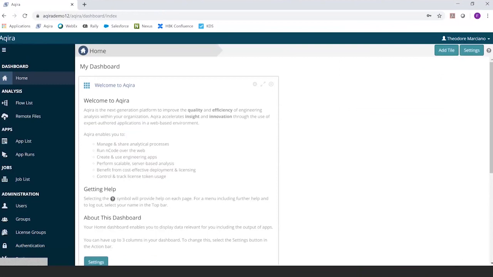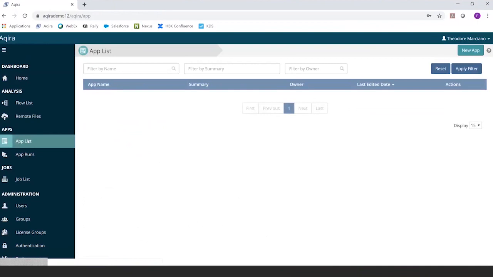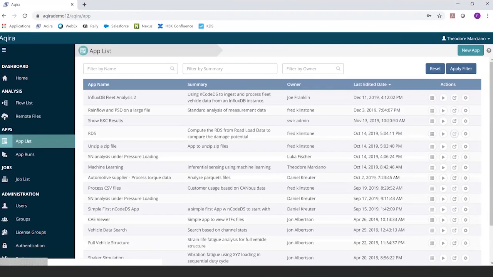So, as Fred mentioned earlier, nCodeDS consists of standard engineering algorithms and file accessing functionality, which is available off the shelf. But it is also possible to extend existing functionality in nCodeDS using Python, so that you are able to either plug in your own